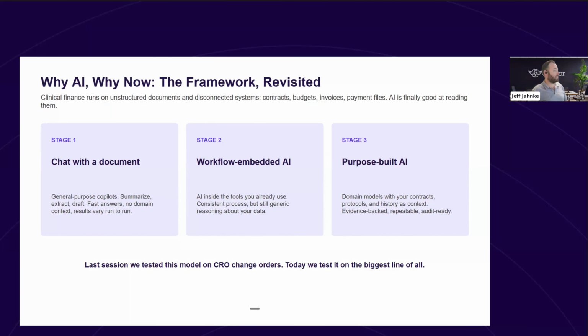So that way you can really leverage AI to get deep insights into your own data. So this might be a system that potentially connects your ERP, your EDC, your CTMS, all of the various systems, and is built on top of what we call a knowledge graph or a deep understanding of the domain, the industry, so that it understands all of those data points and how they all tie together and